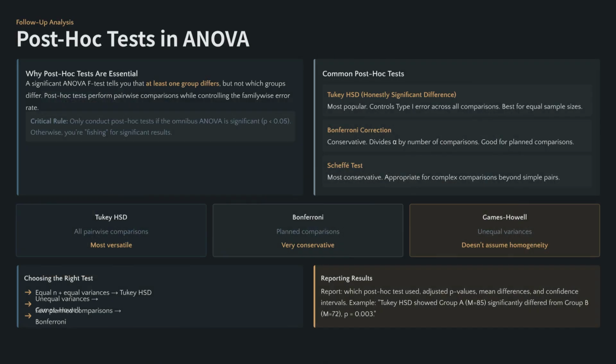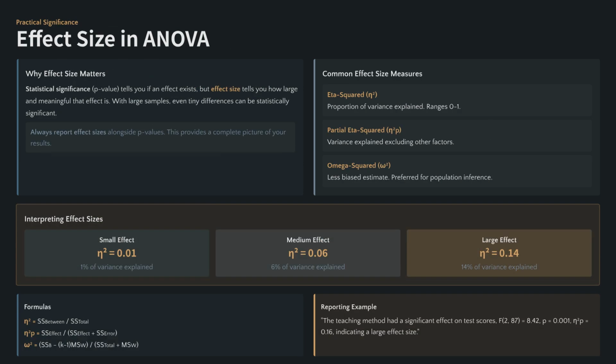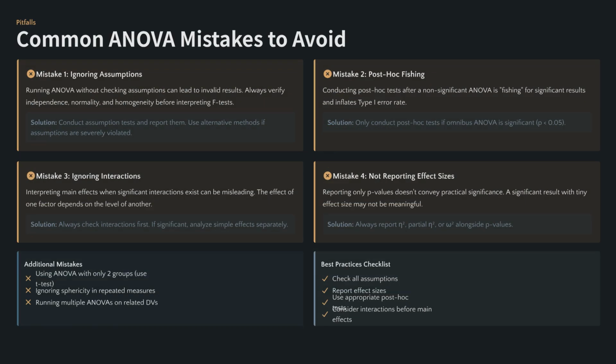A step-by-step procedure for testing assumptions involves first verifying independence, then testing normality and homogeneity. Finally, test sphericity if using repeated measures. If assumptions are violated, you have several options, including data transformations, using Welch's ANOVA for unequal variances, or employing non-parametric alternatives like Kruskal-Wallis. For violations of independence, you must use more advanced methods such as repeated measures ANOVA, mixed models,